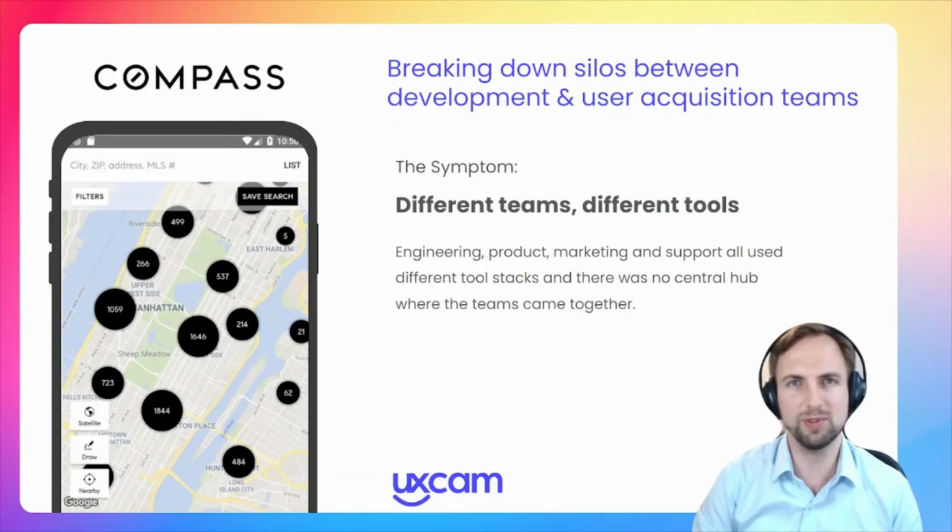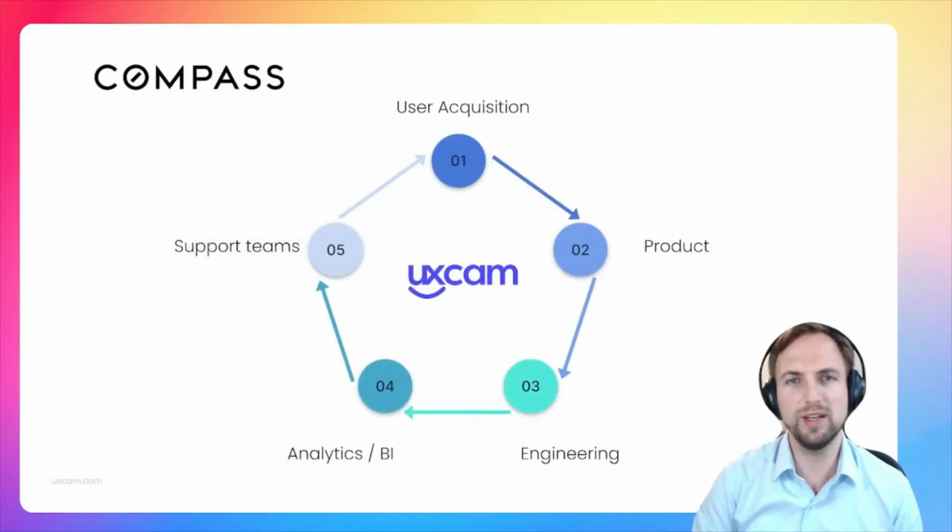They saw that different teams were using completely different tools. Engineering, product, marketing, support, it's all a different tool stack. And there wasn't a central hub for those teams to come together and collaborate. So they decided to dive in on UXCam and send the entire user information and data to one platform so that they could have the user acquisition teams communicate more easily with the product teams about issues, where the product team was able to provide clearer guidance on what they wanted to see resolved to the engineering team. And the engineering team was able to